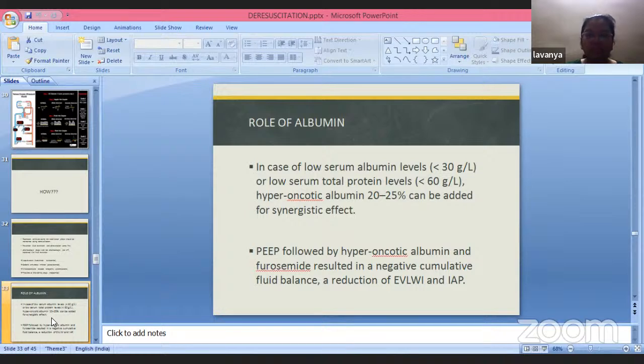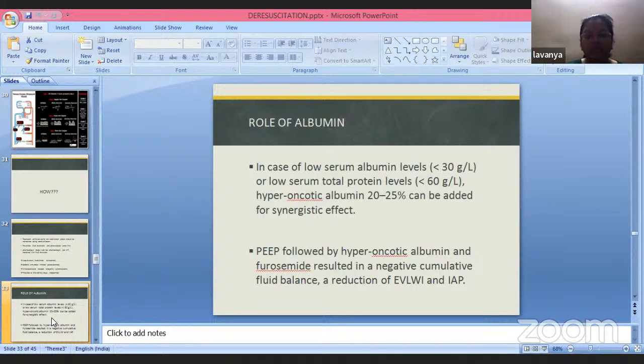at least 20% albumin, 2 albumins of such in 24 hours. So that is the first day, that is per day. And followed by, to maintain albumin levels of at least more than 30 grams per liter. And they also gave, so the first step, that is high PEEP, they thought that